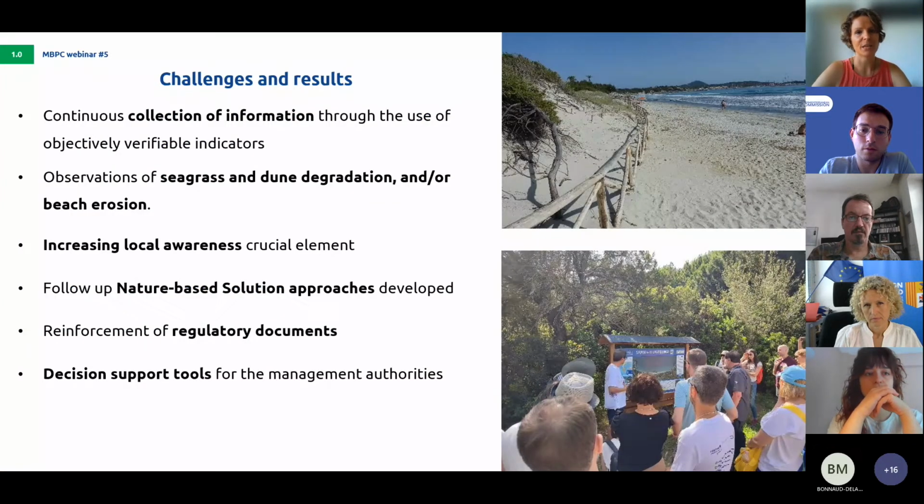Thank you. So some of the challenges that we came across in the project was, for example, the availability of information, as there's still quite a large lack of information available regarding management practices across the Mediterranean in these areas. Some observations of very significant seagrass and dune degradation or beach erosion that required immediate action that were included already in the action framework